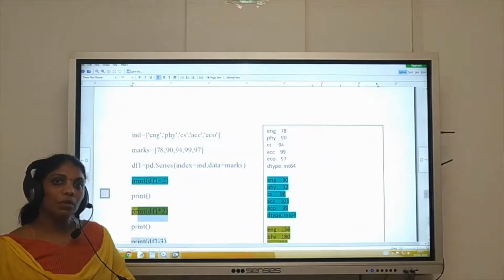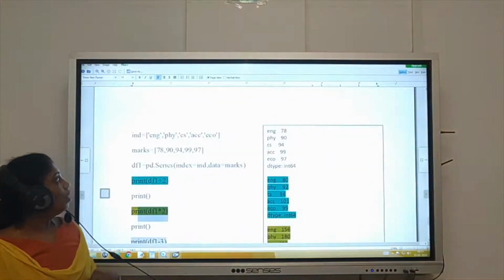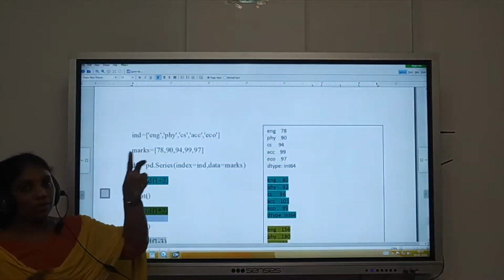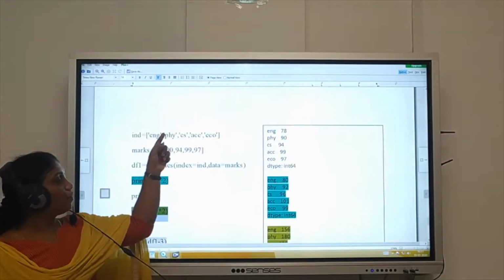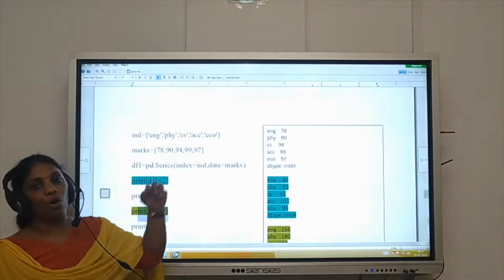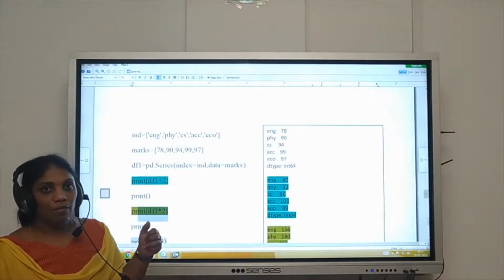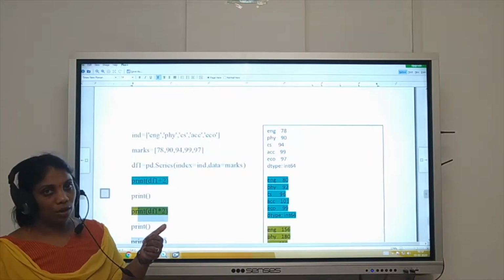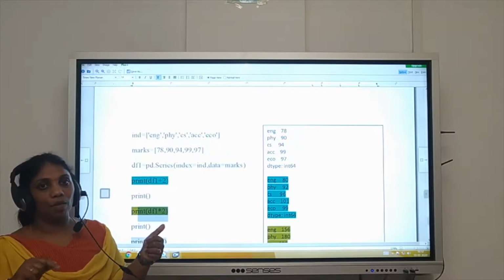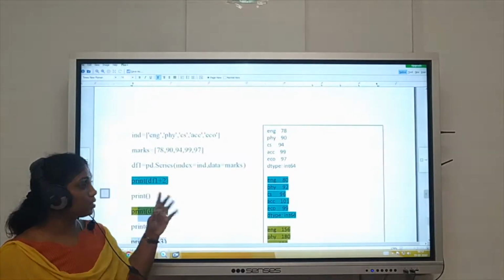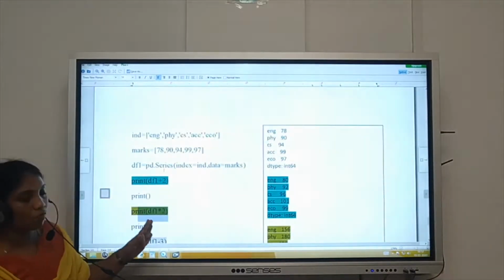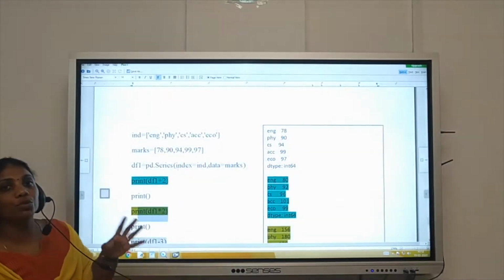Why? Because you are multiplying, and as you know, if you do into 2, English will come 2 times, physics will come 2 times, and so on. No issues. Addition also has no issues. But difference will create a problem. Division will create a problem. So check all this out, which I have not shown with an example here. That is for you to understand.